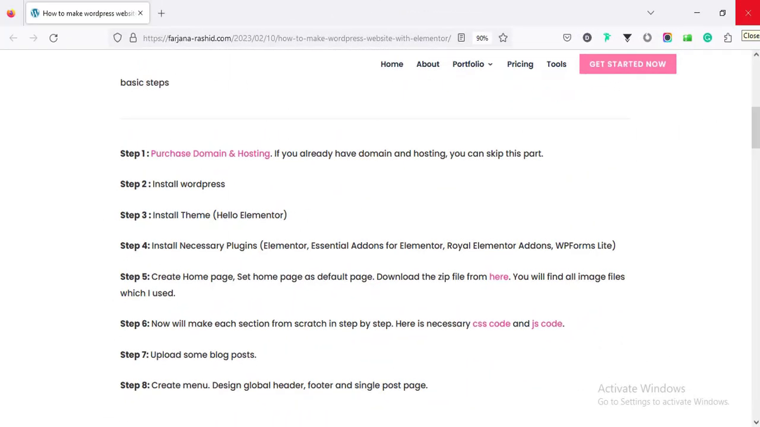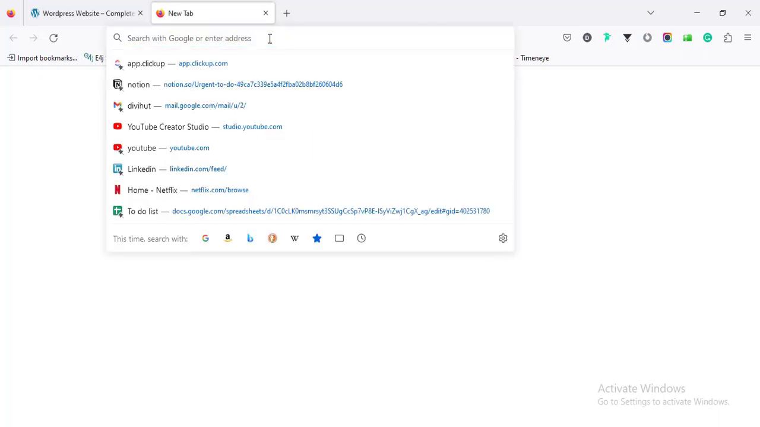I have divided this tutorial into 8 simple steps. The very first step, purchase domain and hosting. Here I will show you how to get a domain name completely free for the first year, and how to get up to 60% discount for hosting through my link. If you already have your own domain and hosting, you can skip this part, or if you don't have, then follow along. So to get domain and hosting, go to my site,